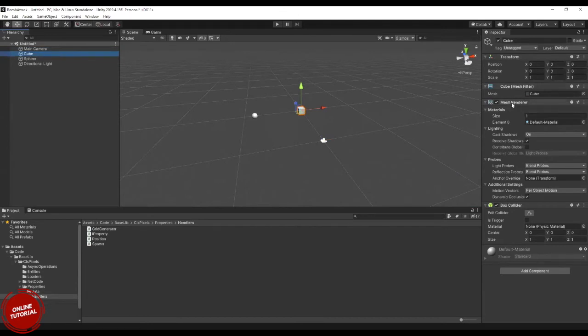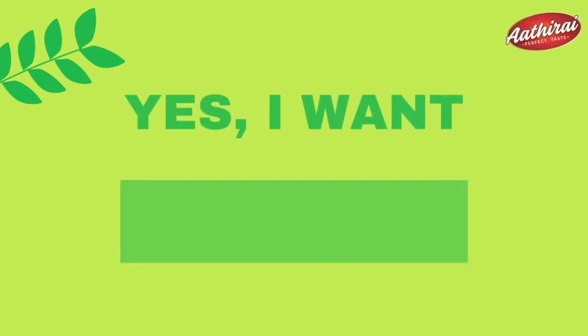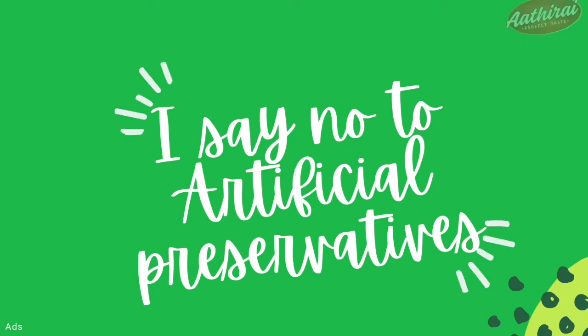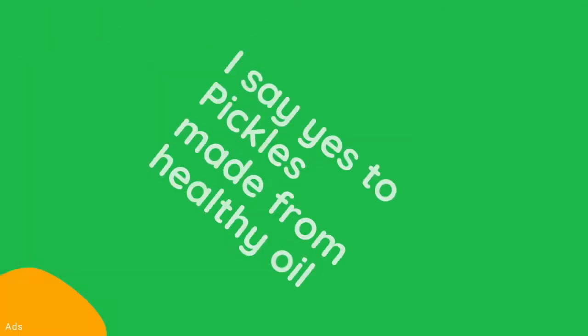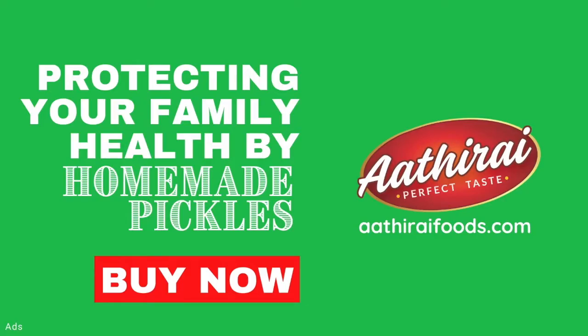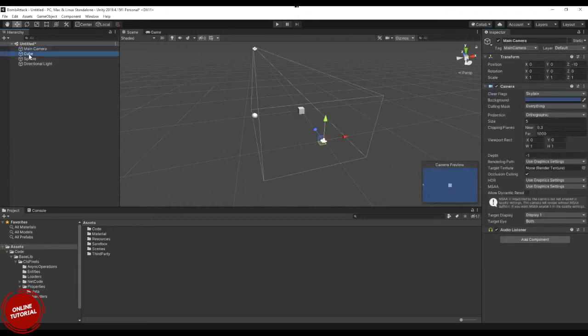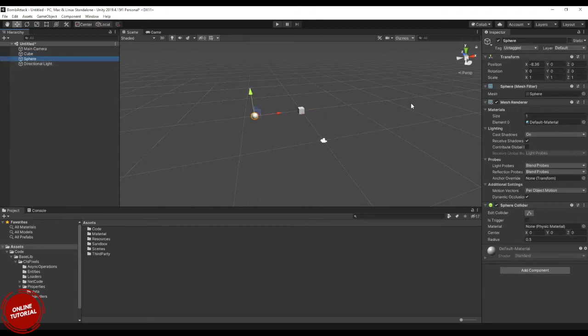This is the mesh renderer which renders triangles and vertices, and these are accumulated using this mesh filter. So again, whatever object you want to get into a space, its properties you can visualize in the inspector.